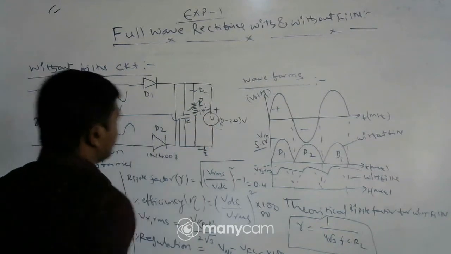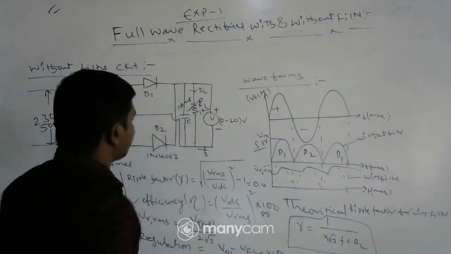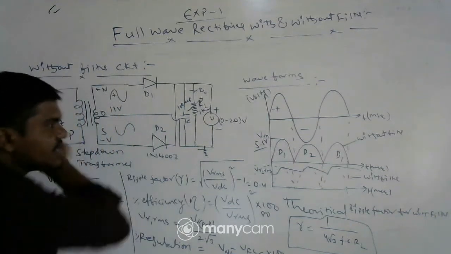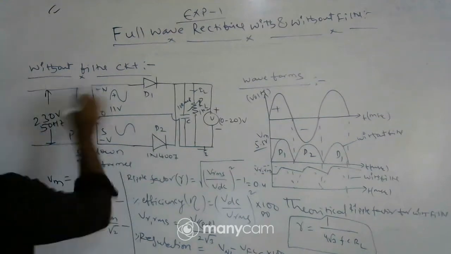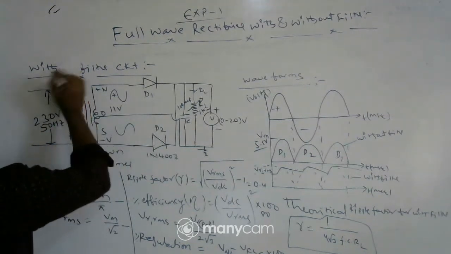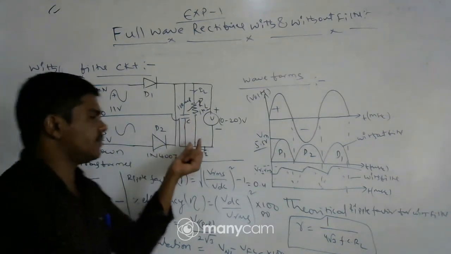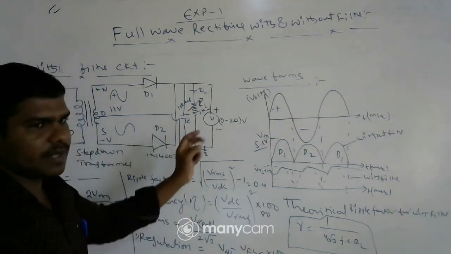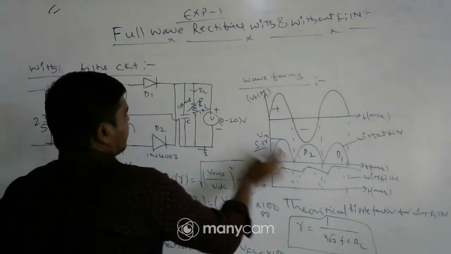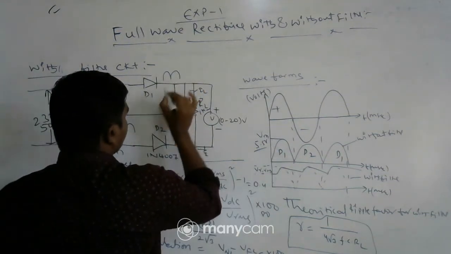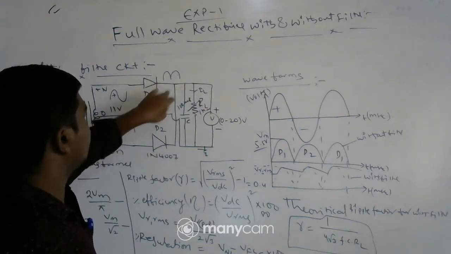So we connected a capacitor here, suppose 100 microfarad. So this is the filter section with filter output, with filter circuit diagram. That means when you place the filter components, that circuit becomes a filter. So this output, the rectifier output without filter, we are giving